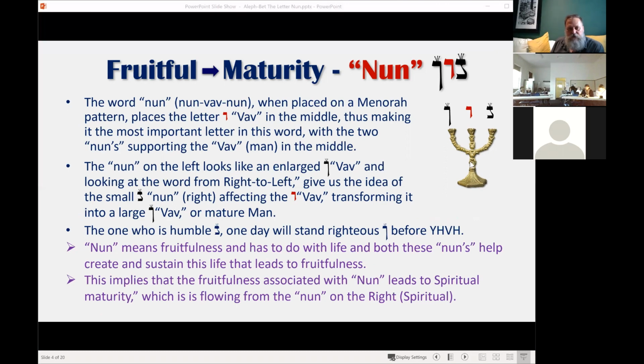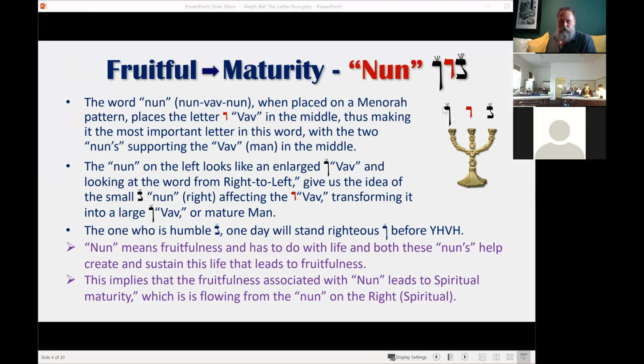There's also other symbolism. If you look at the previous study when we did the letter Vav, we also had the two Vavs, but in the middle we had the question mark. So who is in the middle? Now that can represent Yeshua with the two people that were executed with him. He was on the cross in the middle, and on the cross on the right we have the small Nun, which is the person who did not accept him. And then the large Nun is the one who accepted him, that met him in paradise later that day after he died.